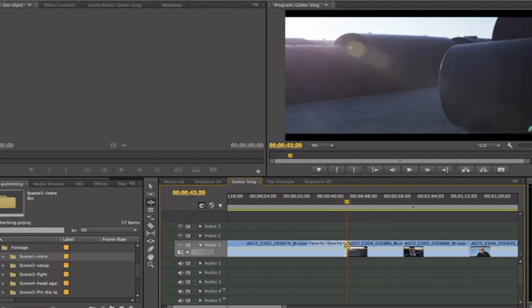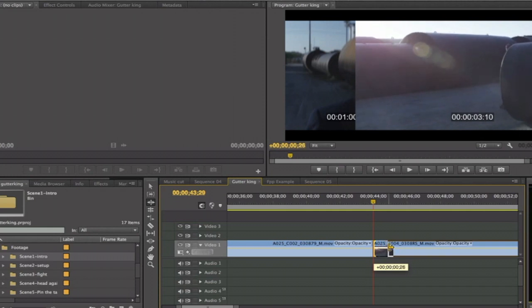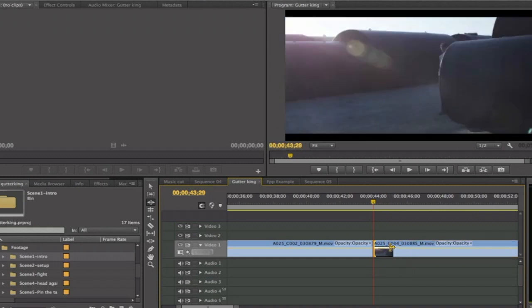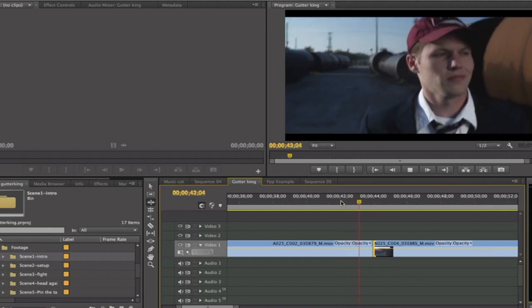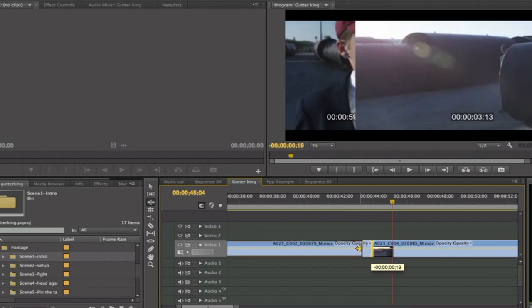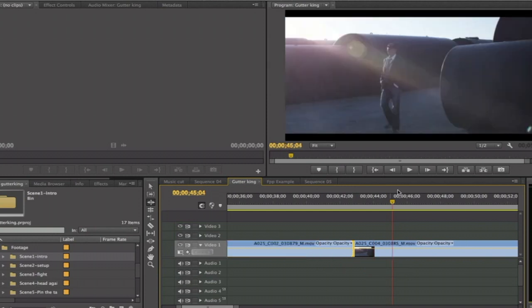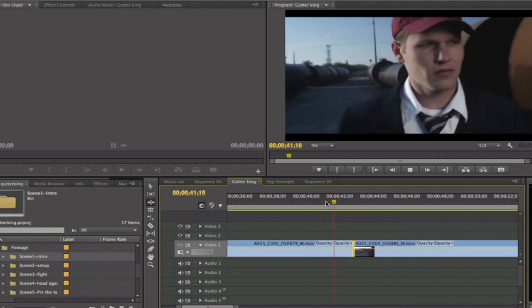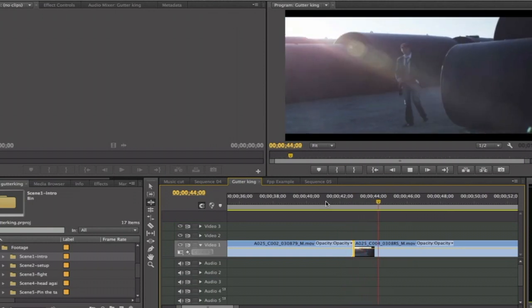Now we want to do the same for this shot. Sometimes you have to click off and get back in really close on your timeline. And now we'll start to roll this or ripple this to where he's just starting to come in. And we may want to roll this one back a little bit more, just so we have a little more of a walk sequence. Now he comes in and stops,